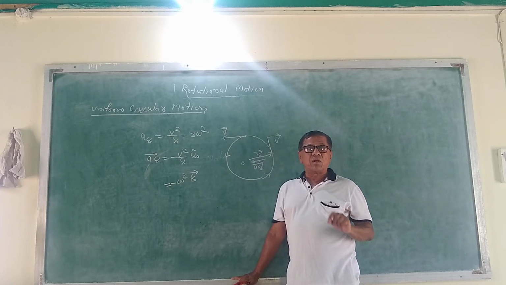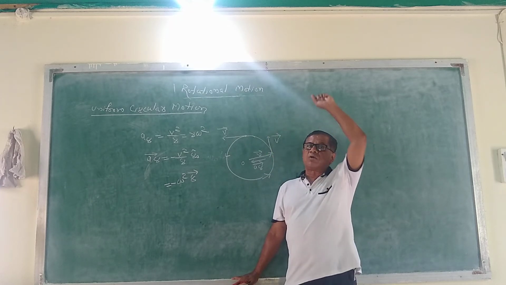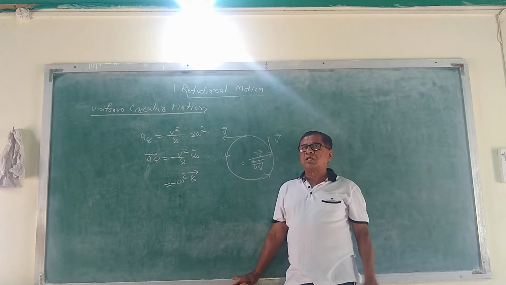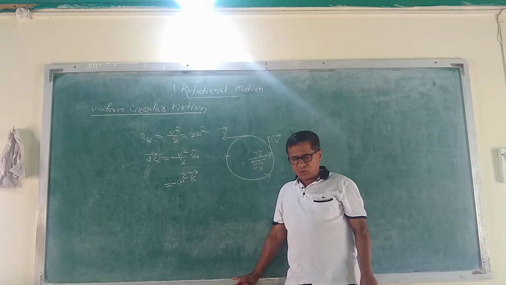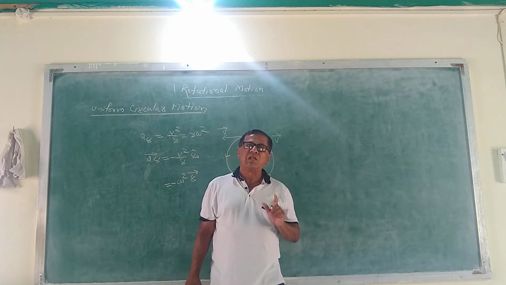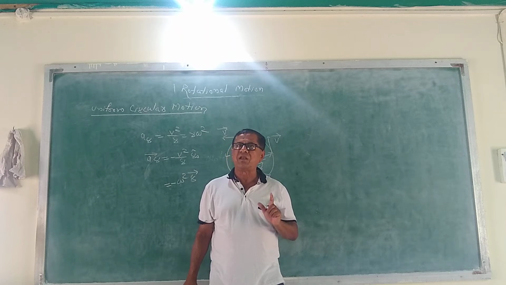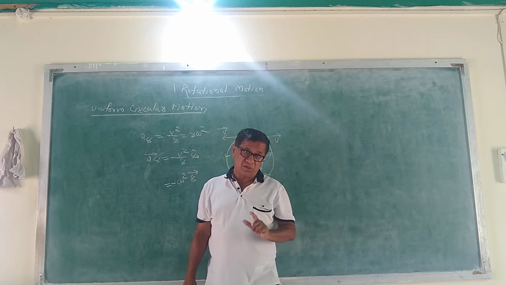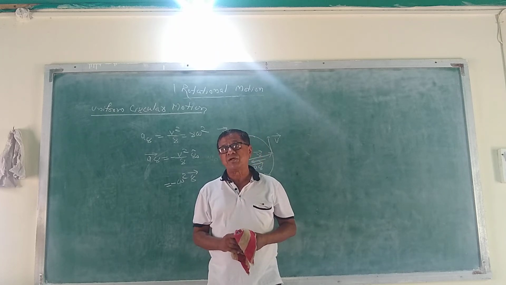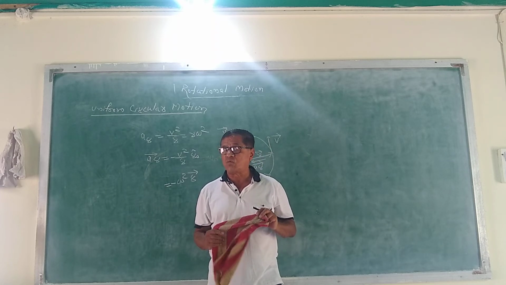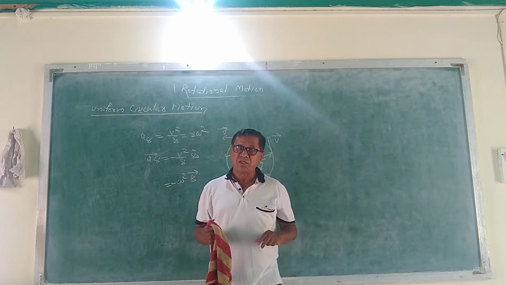At the bottom the velocity is large, at the top the velocity is small, that is, the velocity does not remain constant in the vertical circular motion, and that is called non-uniform circular motion. Up to this part, these formulas are important, that is, the centripetal acceleration and the centripetal force. Afterwards, we are going to consider the distinguishing points between the centripetal force and the centrifugal force. The centripetal force,